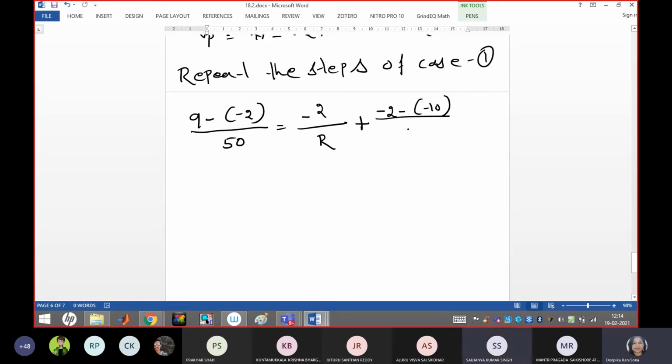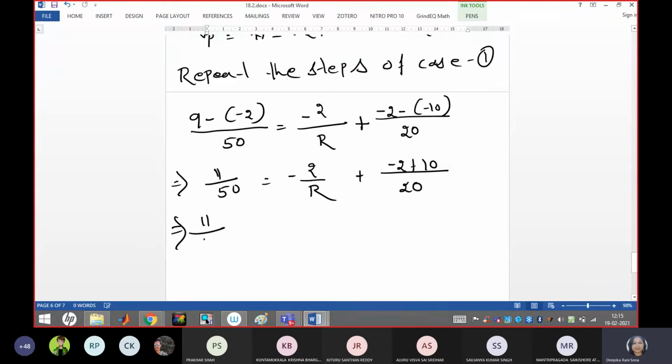We are applying the KVL in that equation, 20. So let's solve this now. Those who are not able to solve previously, if you solve only this part, you'll get your answer, right? How much at here? I'm doing it for you guys step by step. In the exam also you have to do it step by step. You don't skip any step.